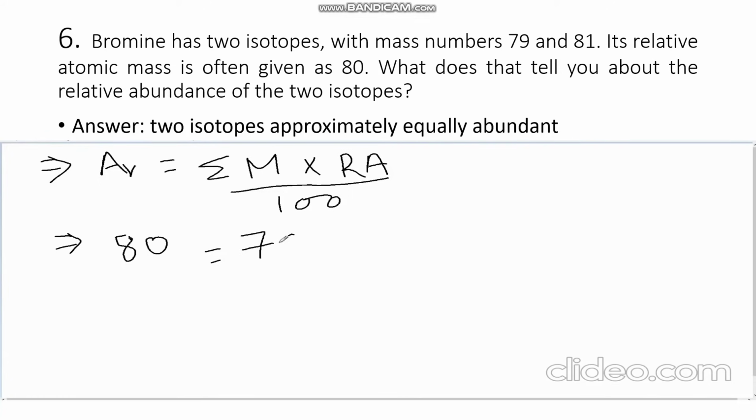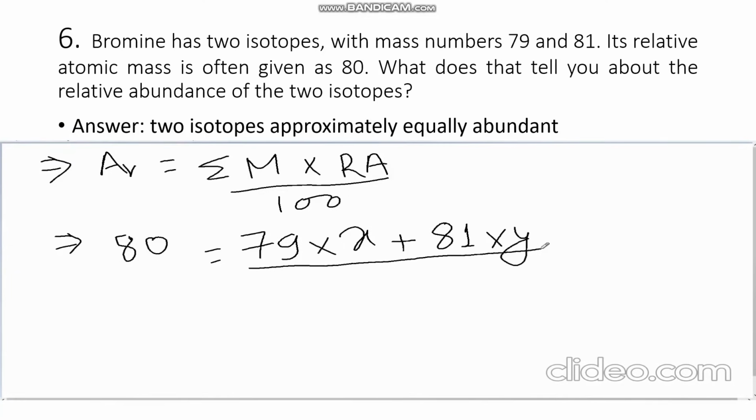So 79 into, let the relative abundance of bromine 79 be X, and there is bromine 81, and let its relative abundance be Y. And since there are only two isotopes, X plus Y should be equal to 100, because the sum of the relative abundance should always be equal to 100. That means X plus Y can be written in place of 100. And when we do cross multiplication, we get